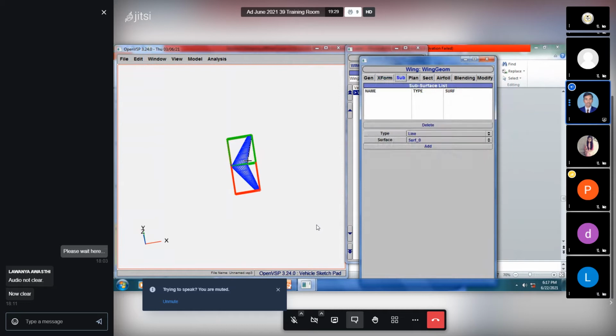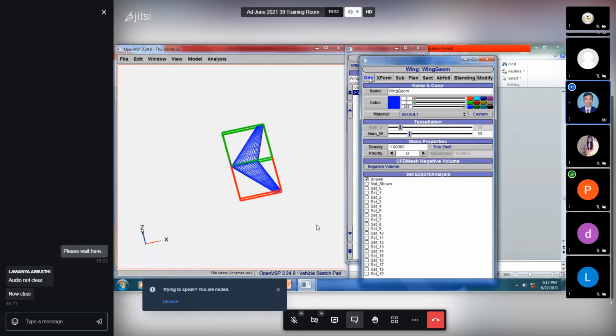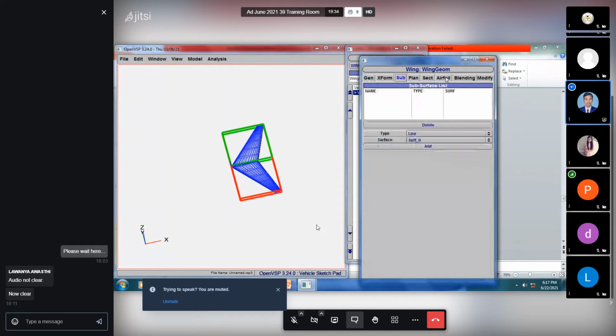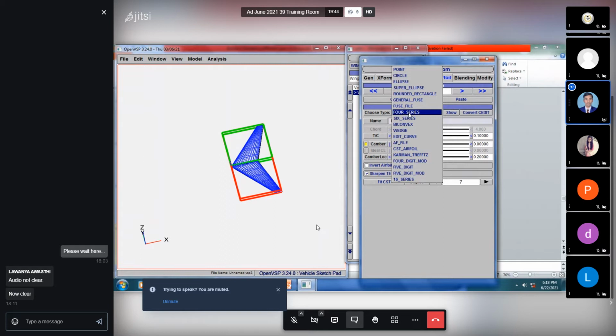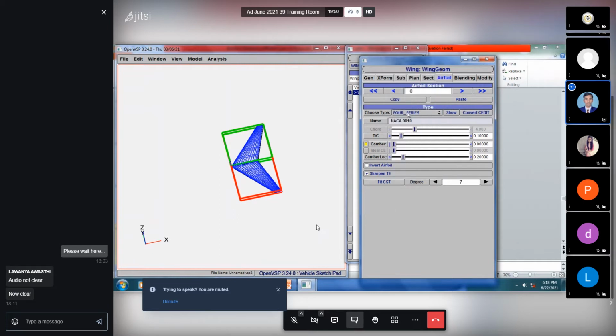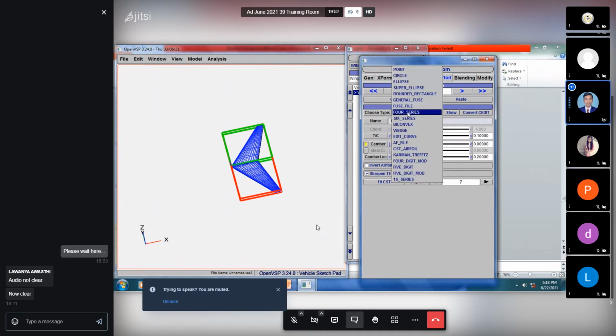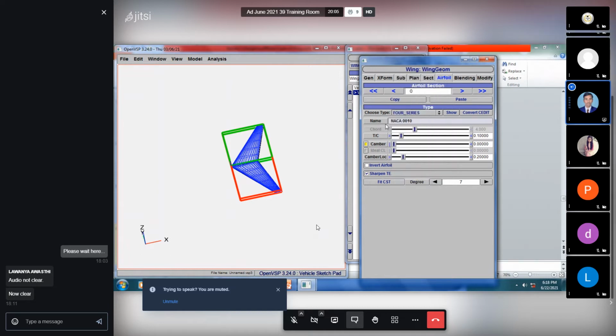Here we have all the parameters. Currently we have the default wing and the default parameters. Let's check now the aerofoil. Come to aerofoil. Here you can see we have the default aerofoil, that is a 4 series aerofoil. Now you can choose like this: just right click on this 4 series. Currently we have 4 series. You can select any one, or else you can just maintain the same 4 series. Suppose I'll just select the same 4 series.